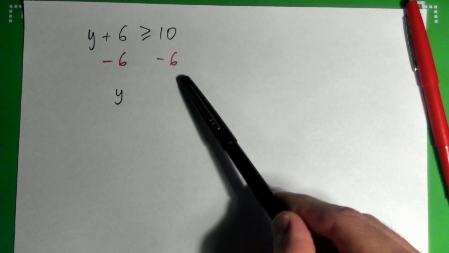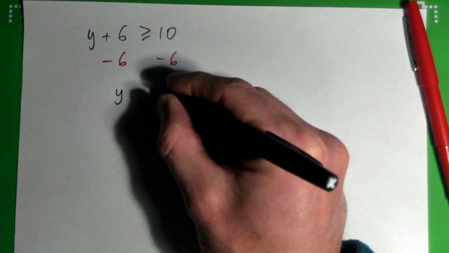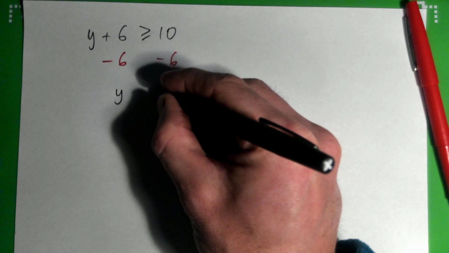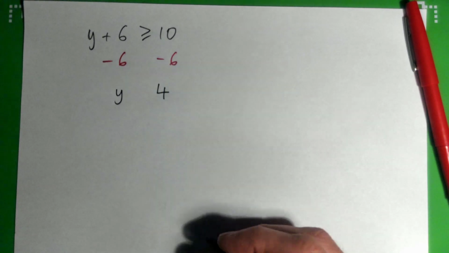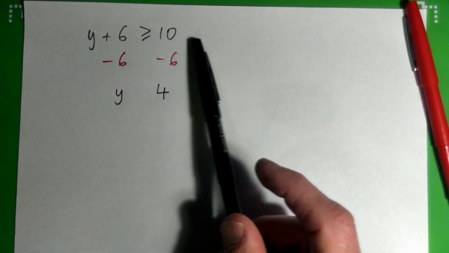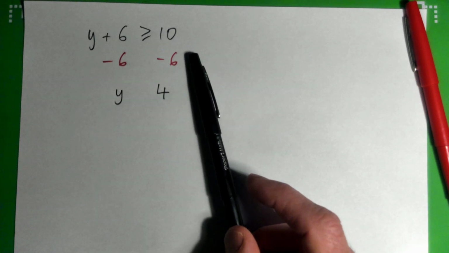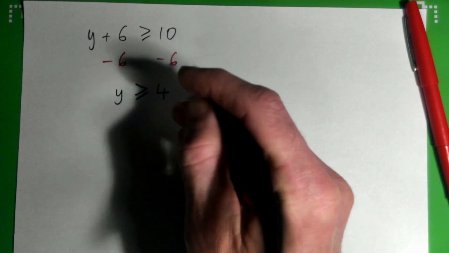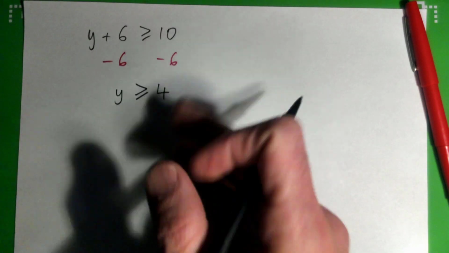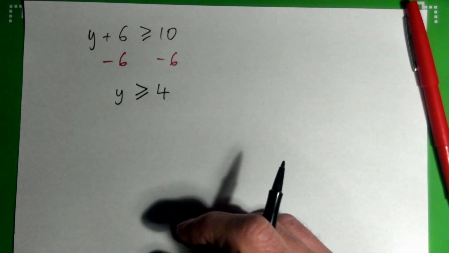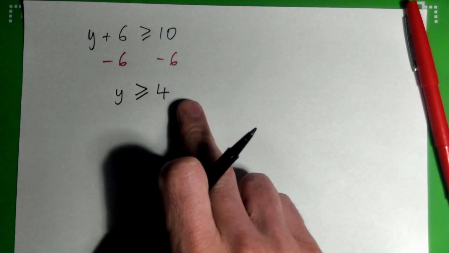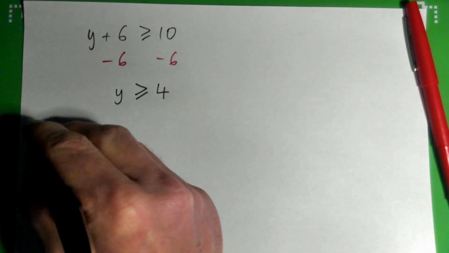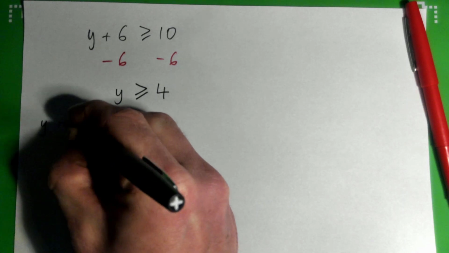What's 10 minus 6? 10 minus 6 is 4, right? Now, because we subtracted from both sides, the inequality stays in the same direction. It's only when we divide by a negative that we change the direction, and we went over that a little bit. Now, y greater than or equal to 4 is kind of like saying y represents